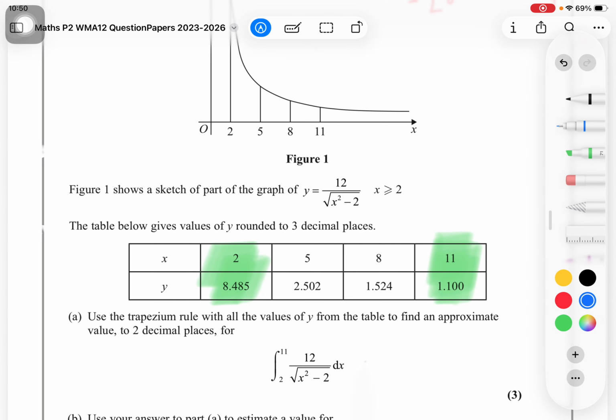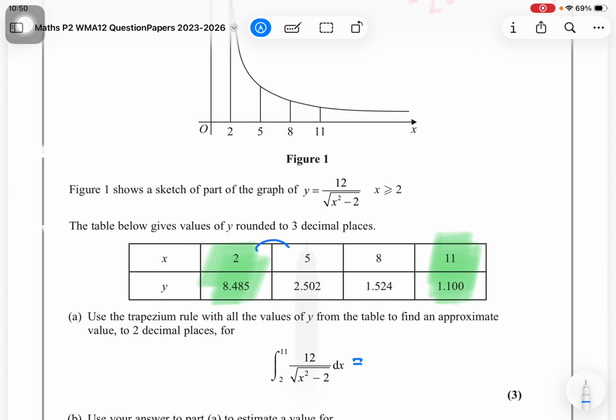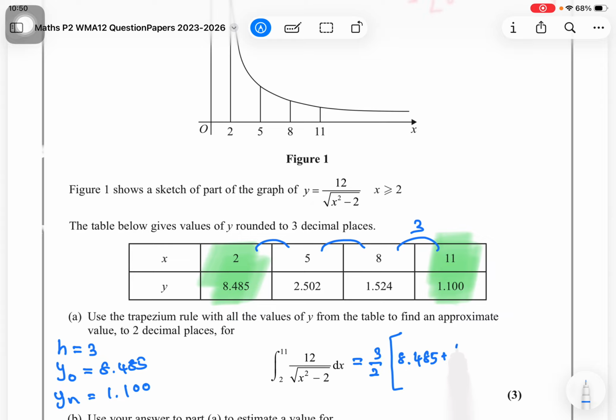we can write the answer as follows. Here h is going to be this gap, which is 3. We can write h equals 3, y0 equals 8.485, yn will be 1.100. So that is going to be 3 divided by 2 bracket 8.485 plus 2 into these two values, which is 2.502 plus 1.524,